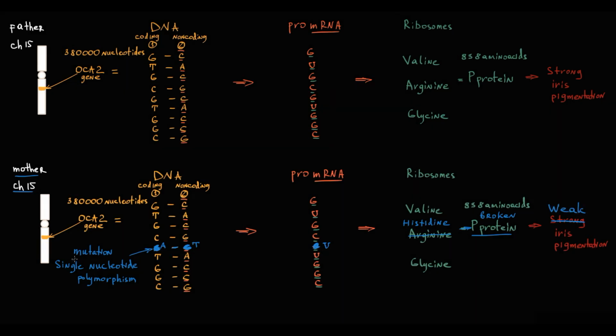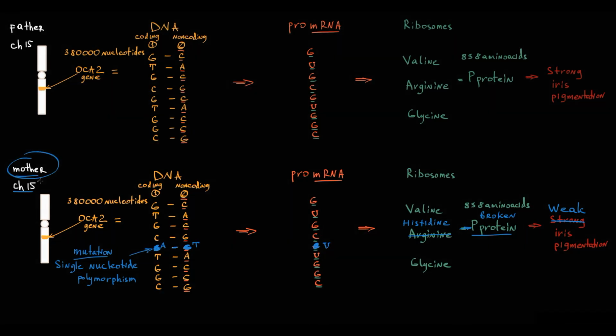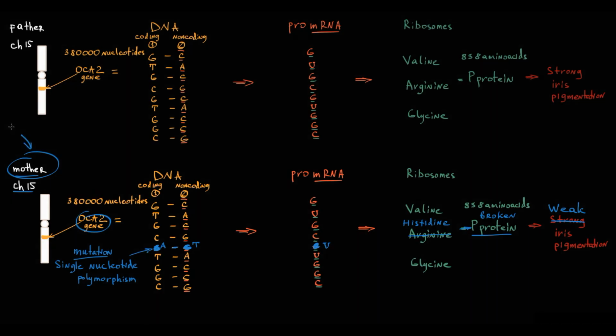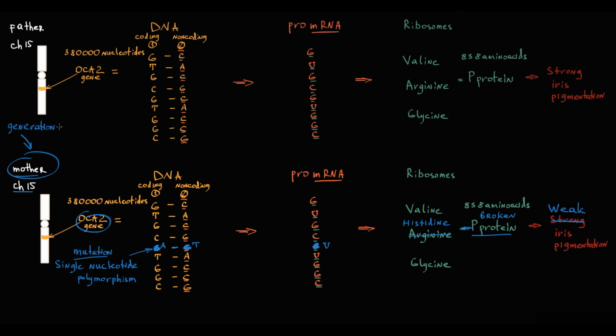By the way, such mutations do not necessarily occur in the parents' organism. More likely such mutations are inherited from generation to generation. In our case, the child has inherited the altered OCA2 gene on the mother's chromosome. But at which moment such a mutation occurred is very hard to tell. It can be like 5,000 years ago, and from that point the altered gene is inherited from generation to generation.